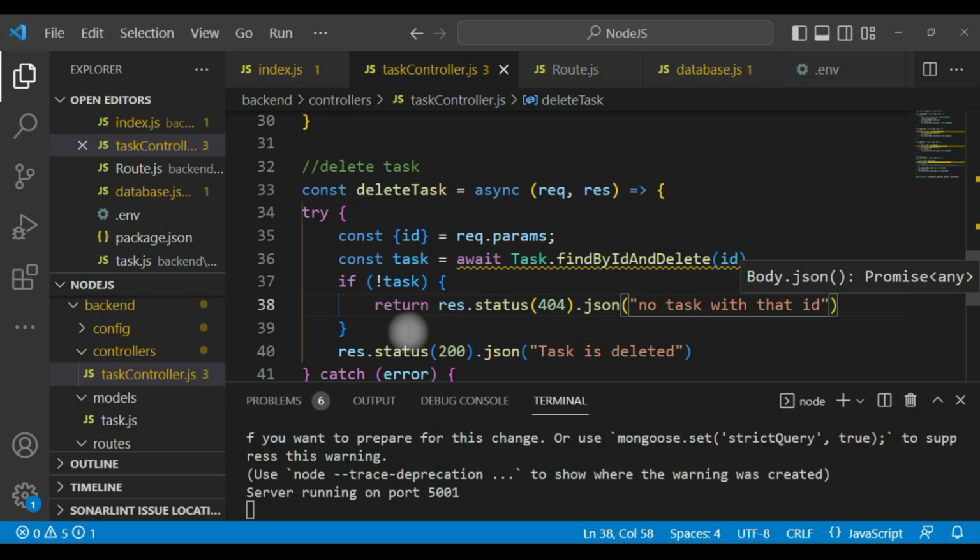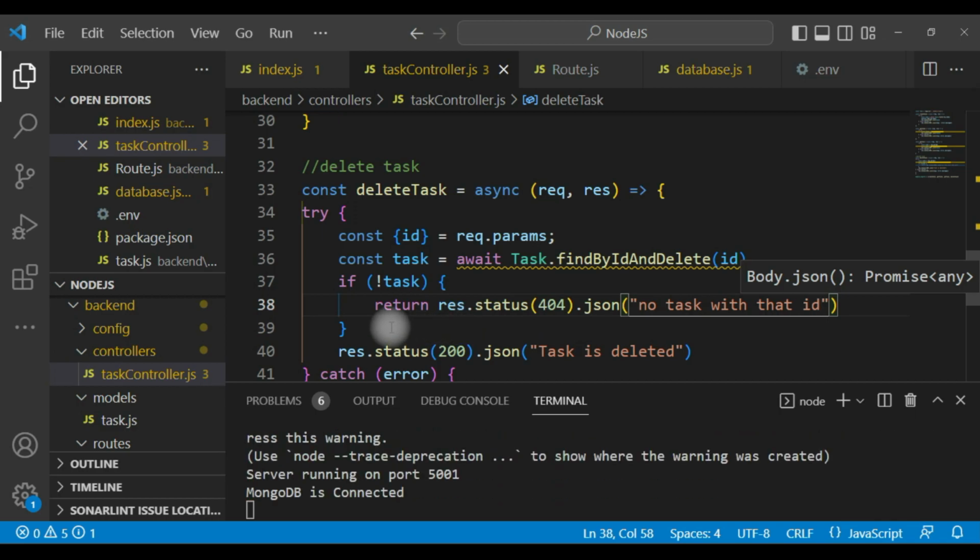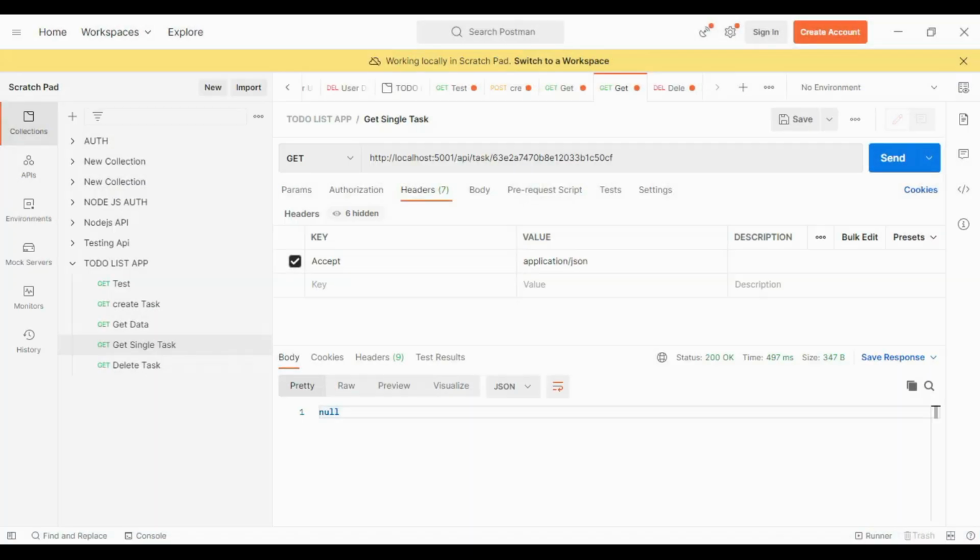So we are passing that validator. So if I save the file and go to Postman, and in our delete task, let's send the request, and you can see that we get a message that the task related to this ID is already deleted.